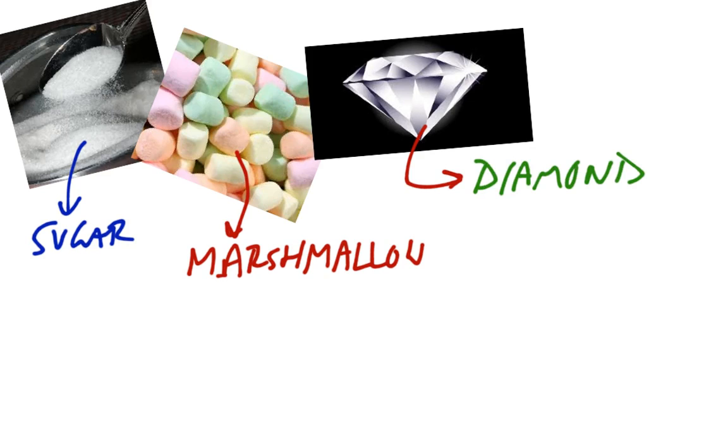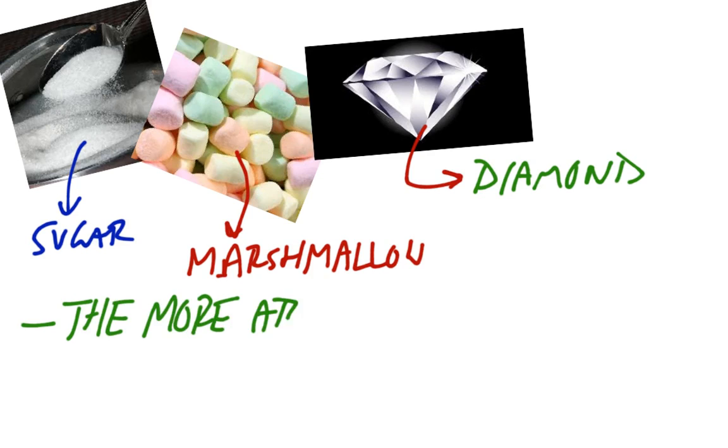Now, you would look at sugar and say, hey, that's pretty solid, okay. But if you hit a sugar crystal hard enough, you can break it apart. Marshmallow, that's a very, very soft solid. Diamond, on the other hand, is the hardest substance known to us. And it has everything to do with the number of atoms involved. The more atoms, the greater the stability, the greater the strength, the higher the melting point, the higher the boiling point,